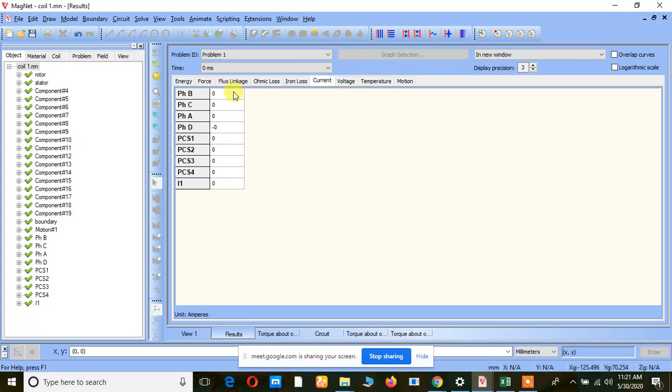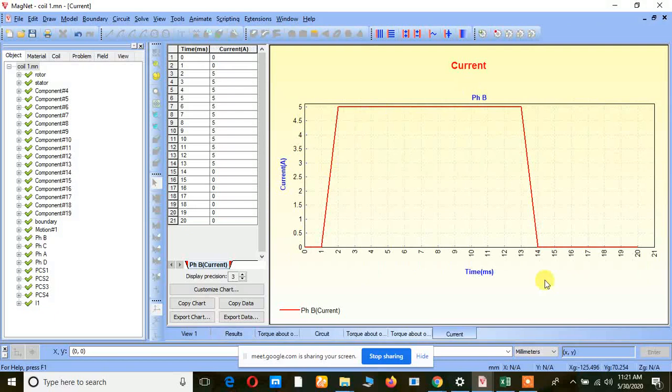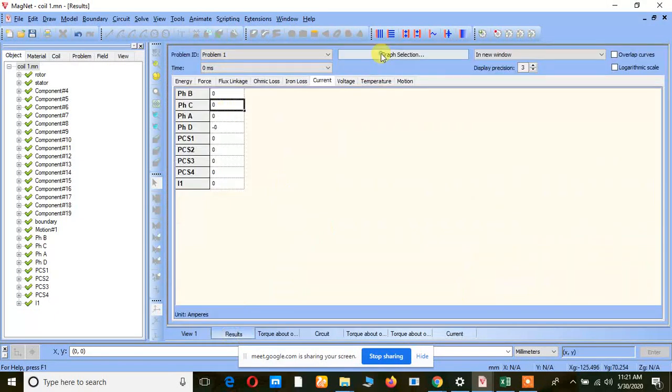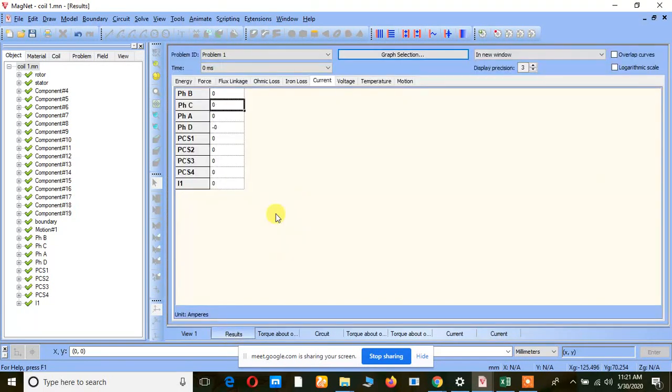And coming to the current, see, after clicking the corresponding phases, we can see the current here, right? So this is the current shape. Suppose I want to compare the current for different phases at a time in a single plot, what I want to do is select all the things I require by pressing the control button on the keyboard, and then at the right side corner, we can see two options.